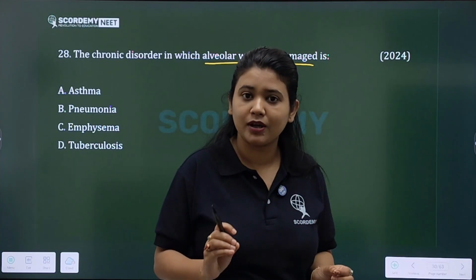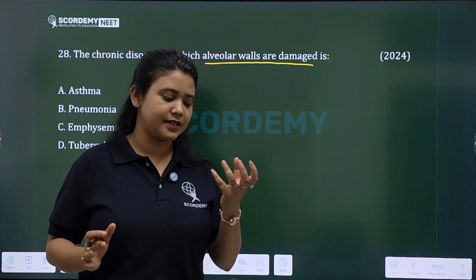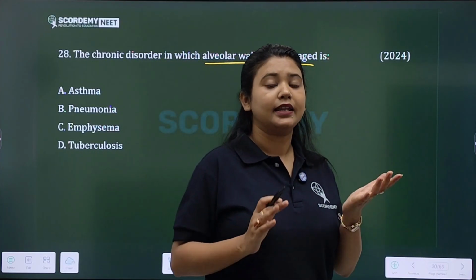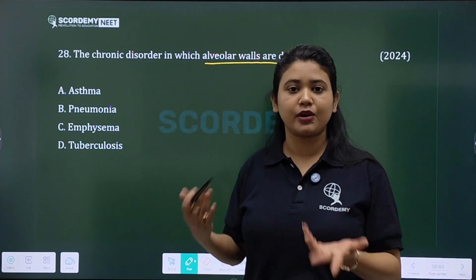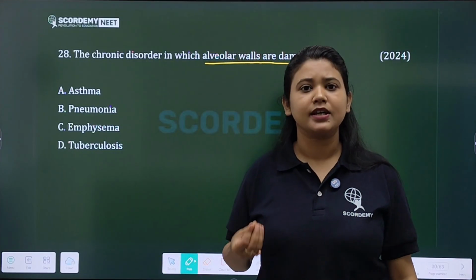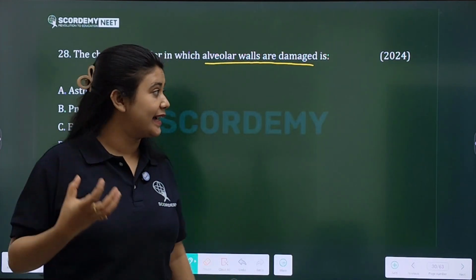Because they have very thin walls, and enough surface area, since these are tiny air sacs. If the alveolar walls are damaged, then what is going to happen? The surface area is going to reduce, yes, it is going to reduce, thus it will lead to your decreased